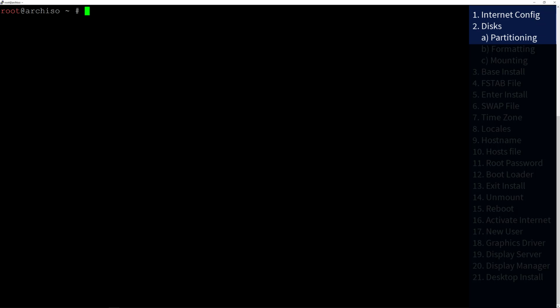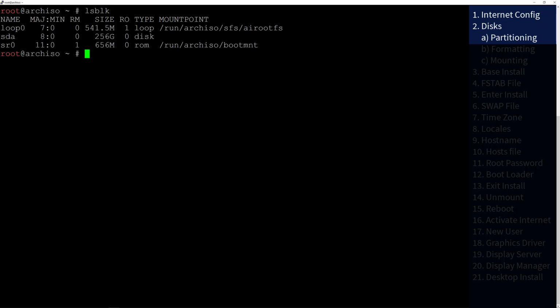So let me type in lsblk because I need to see the name of my disk. In my case, it's a 256 gigabyte hard drive and its name is sda. Yours might be different, so you will have to adjust this information accordingly to your disk. For this installation, I'm going to use cfdisk as a partitioning tool. So I'll type in cfdisk and then the device name, /dev/sda, because that's the device name,